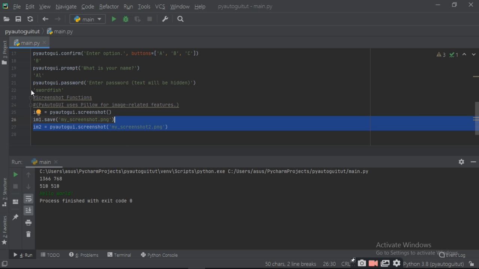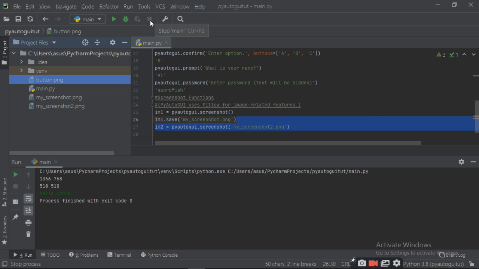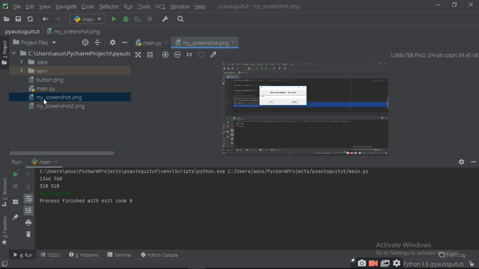Now you want to see the screenshot, then you have to view the project. Here you will get a screenshot. This is the screenshot which we are getting in this window.